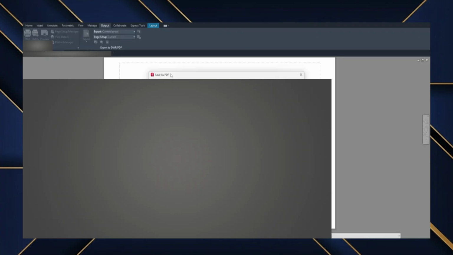Overall, exporting layouts to PDF is one of the most useful AutoCAD features for sharing drawings with clients, teams, or